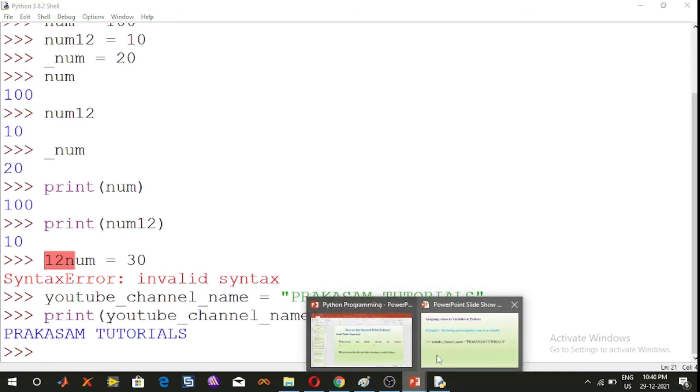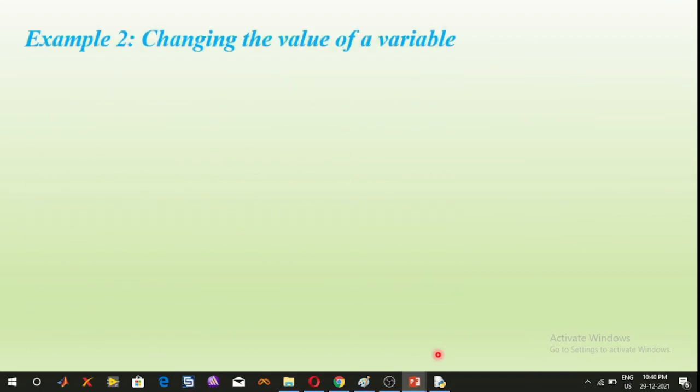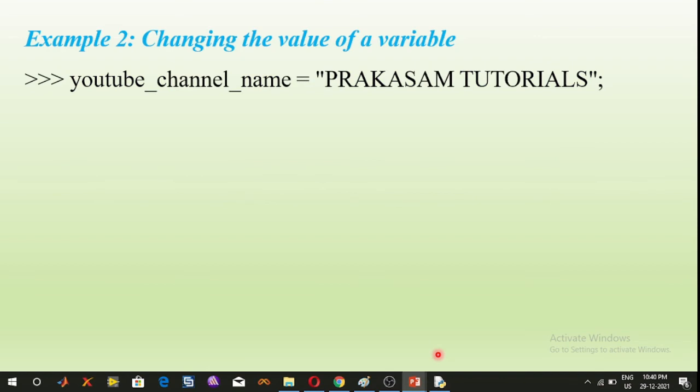And the second example is example 2, changing the value of a variable. First, I will assign one value to one variable, that is YouTube_channel_name is equal to Prakasham tutorials.